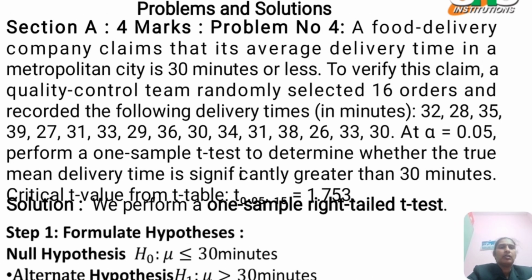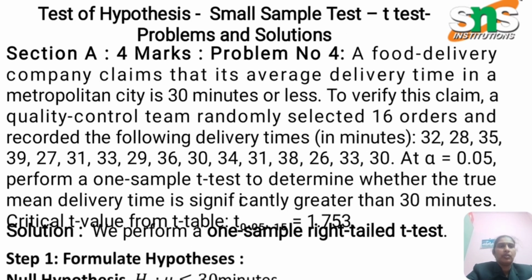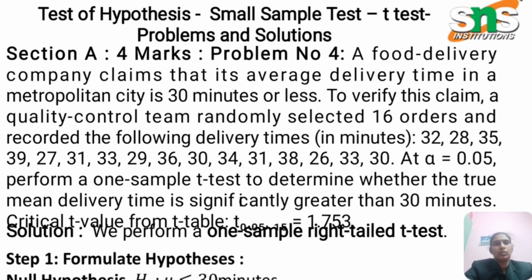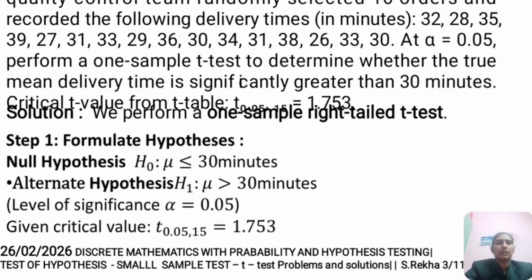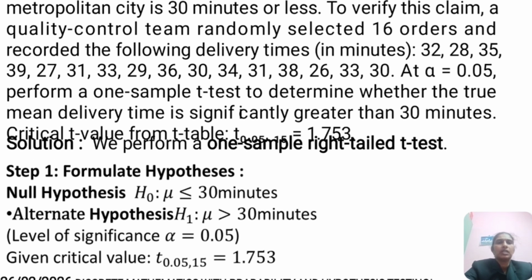Now another problem: suppose we are given a number of delivery times. For example, for a food delivery, the average delivery time is 30 minutes. If we take 16 orders, such as 32, 28, 35 and so on, at alpha of 0.05, we have to determine the t-test at 30 minutes. Here also we have to set the null hypothesis as well as the alternate hypothesis, for less than 30 minutes and greater than 30 minutes, and we can fix the critical values